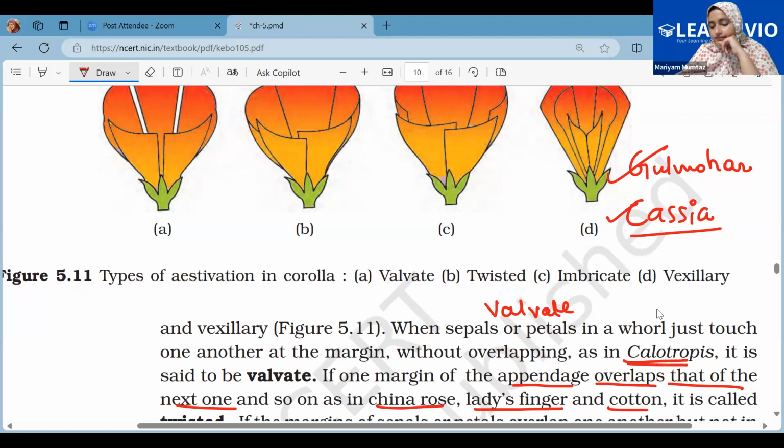In that you write down, in this type of estivation, there is a large petal called the standard,